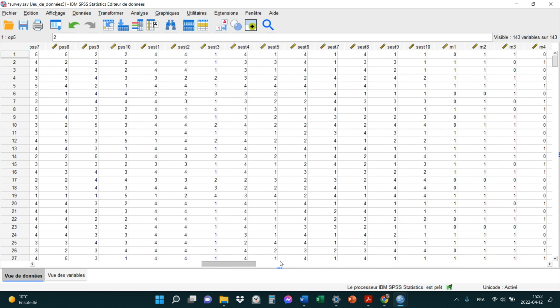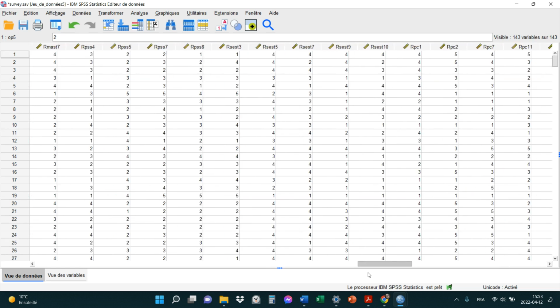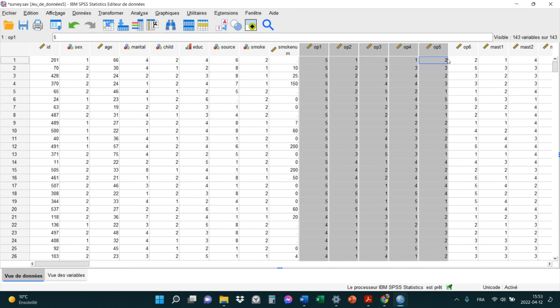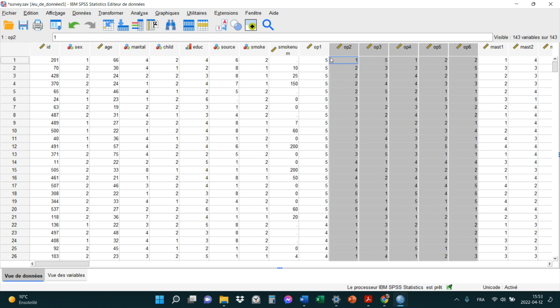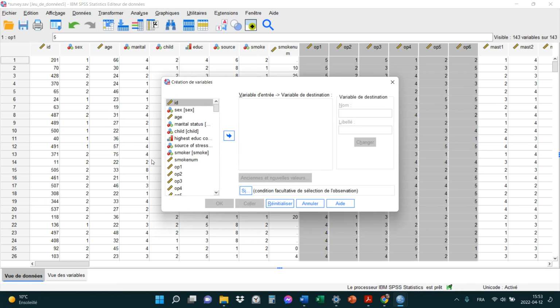Je vais juste aller voir si ça m'a calculé des nouvelles variables. Yeah, see, it didn't calculate me new variables. It didn't add any variables. I actually did it within the system. I changed those ones right in here. If I wanted to add new ones, I would just do transformer création de variable. And I would do, okay,